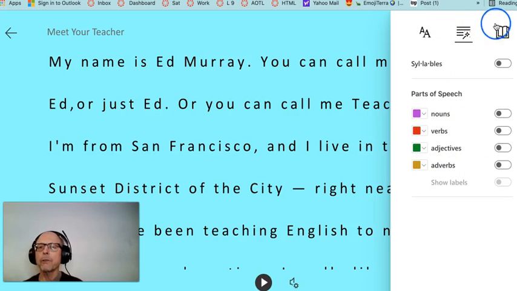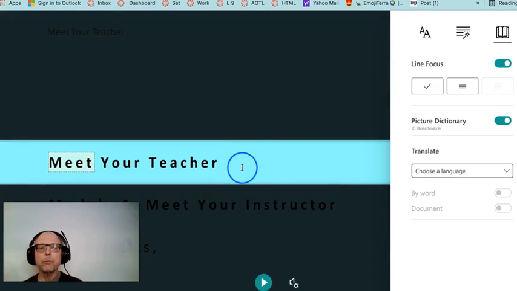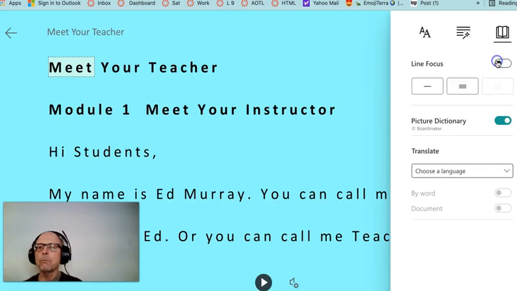And now another category is called Reading Preferences. And so this is where it gets interesting. Now, this is called Line Focus. Right now it's off. So that means you can see like 5 or 6 lines. But if I click here, you only see the one line. If I click here, you get 3. And here, I guess the 5 isn't working, but anyway, so if you want to get 1 or 3, you click here. If you don't want that, you just want to see a lot of it, then you keep that on.